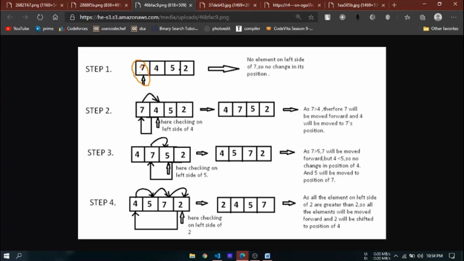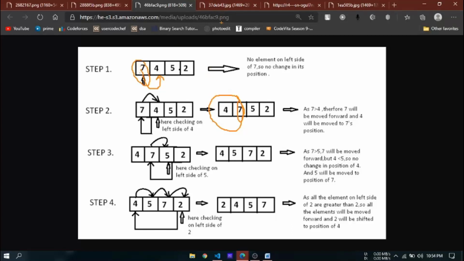So basically we are inserting it into a sorted array. The whole array is not sorted, but everything on the left is sorted. You can see after step 2, these 2 elements are sorted. So we are inserting one element at a proper place. So the name is insertion sort.